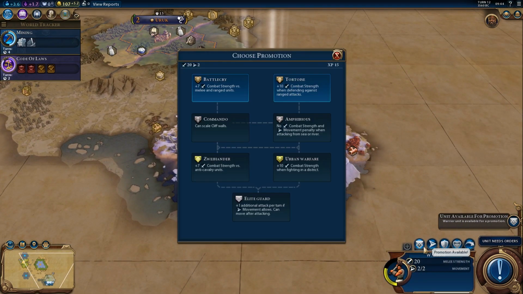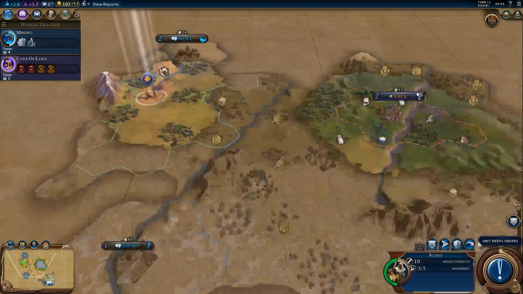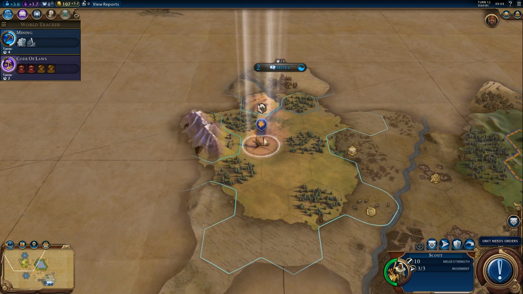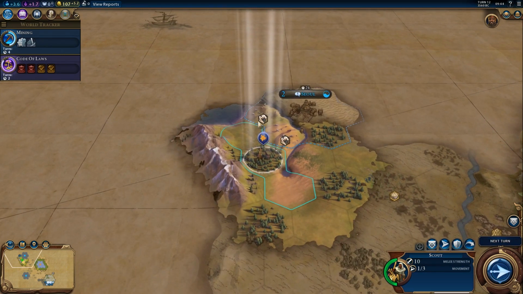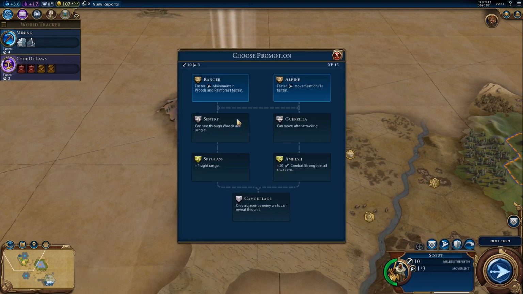So, you can go and take your promotion. Combat strength versus melee and ranged units. I love it. You're back at full health. You get a promotion too. In fact, I won't pop it yet. I will actually do some movement with you. I just wanted to see what was up there. You've got 1 movement left. So, we will give you...